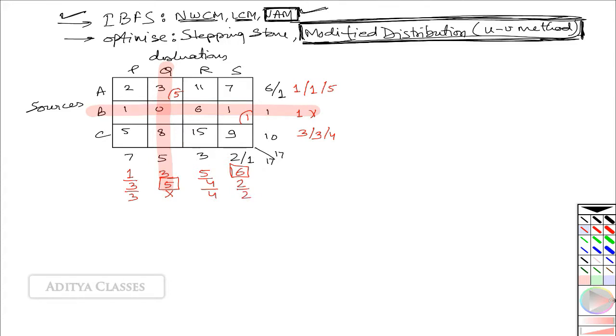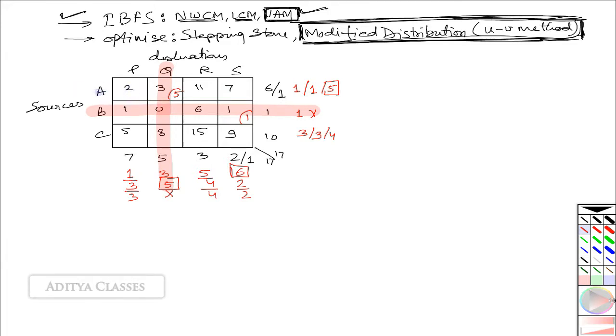4 and 2. So now the penalties are 3, 4, 2, 5 and 4. This is the highest penalty. And A will be facing this penalty, so we give A a chance to avoid this penalty. When we give A a chance to avoid this penalty, it can run into 2 rupees, 7 rupees or 11 rupees, any of these cells. Where will A run? A will run into the 2 rupee cell.